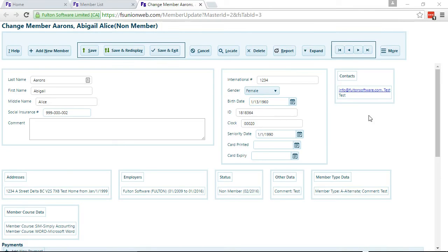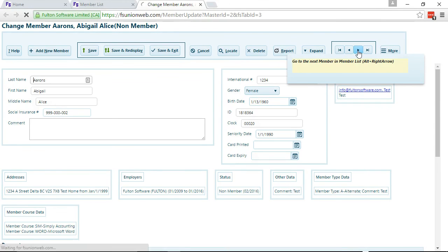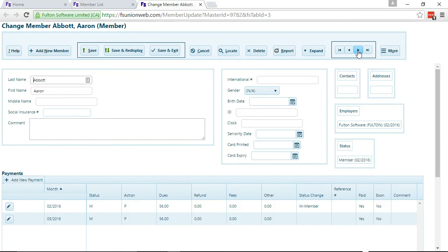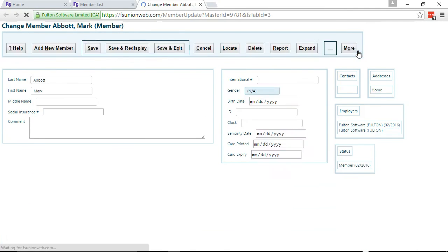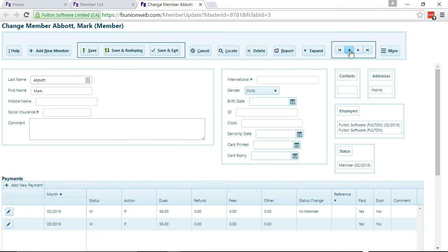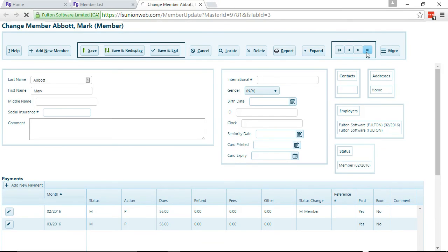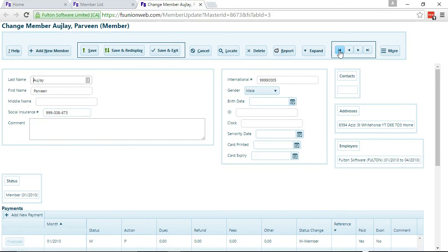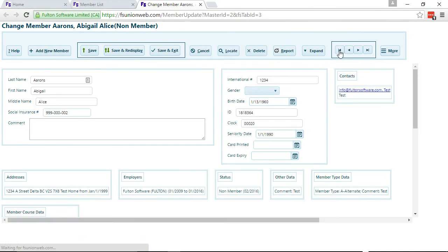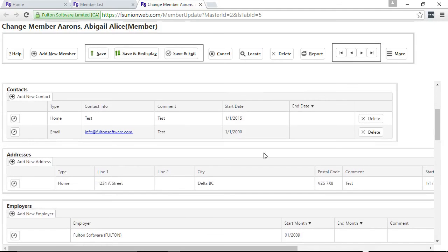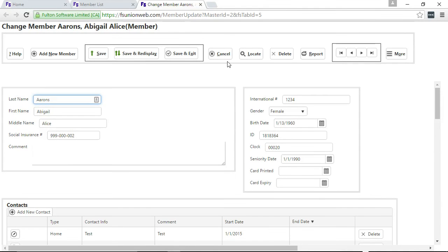You can also step through the members in the member list. This button will take you to the next member in the member list. This button will take you back one member. This button will take you to the end of the list, and this button will take you to the start. So let's exit out of this,